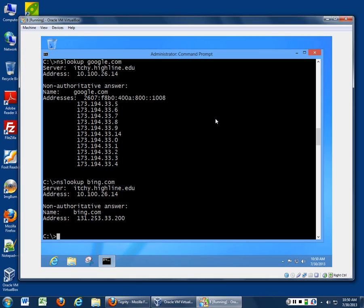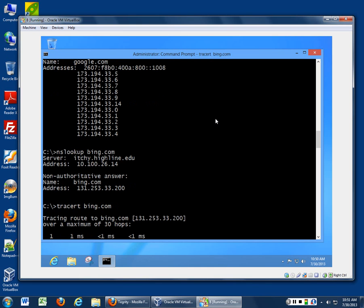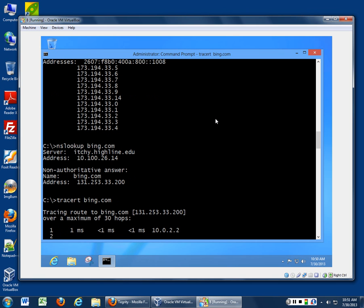So how do I find the route from here to Bing.com? Trace what? Traceroute. How do you spell it? TRACERT. All right, so how does traceroute work? If I have a maximum of 30 hops, what's going on here? It's gone through the entire...